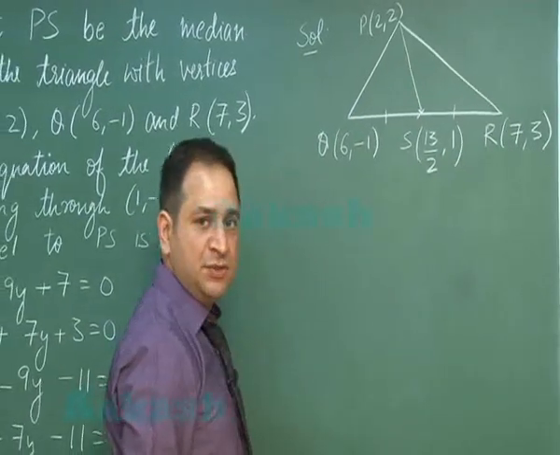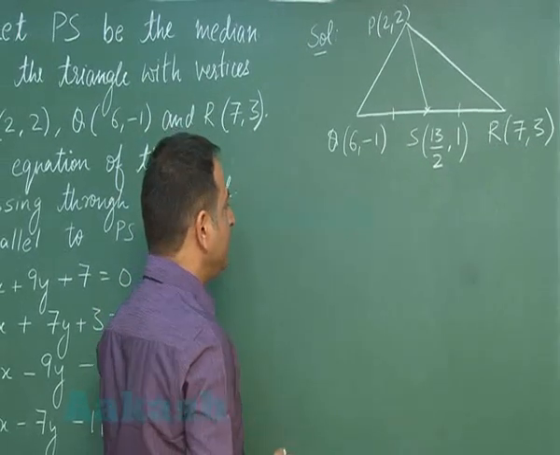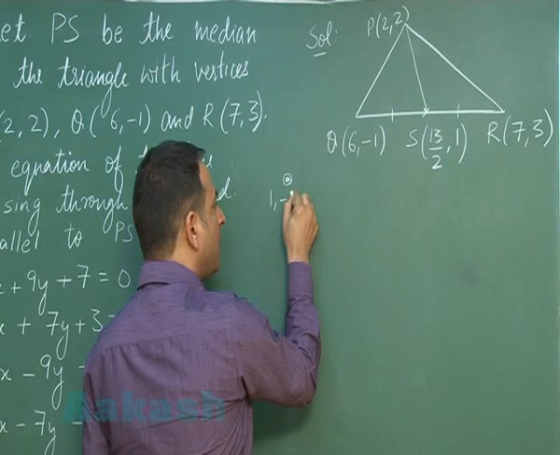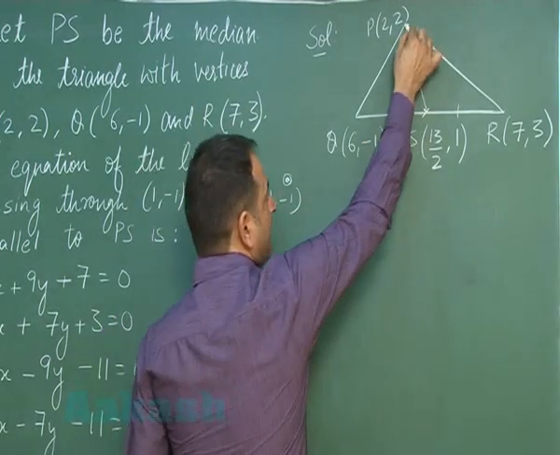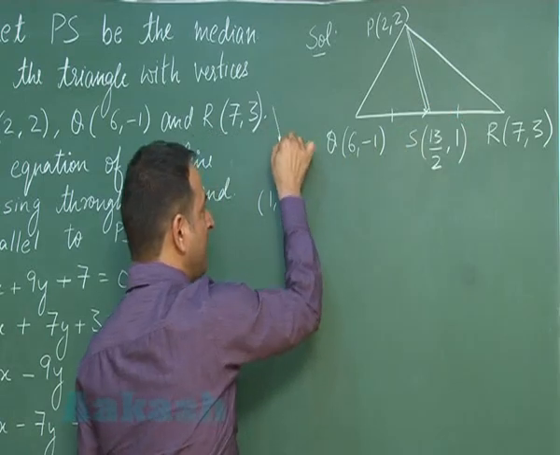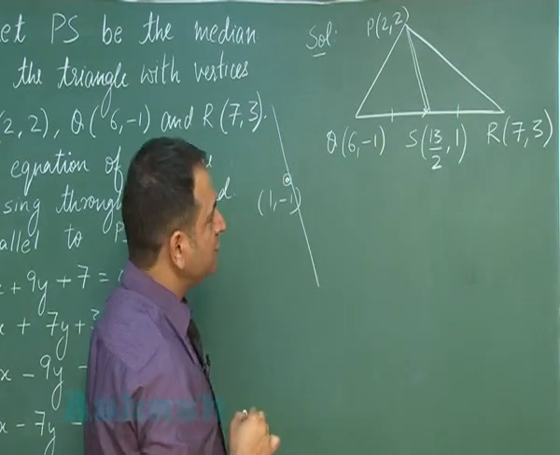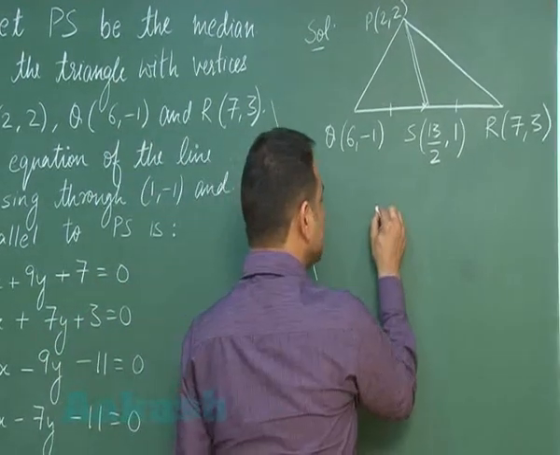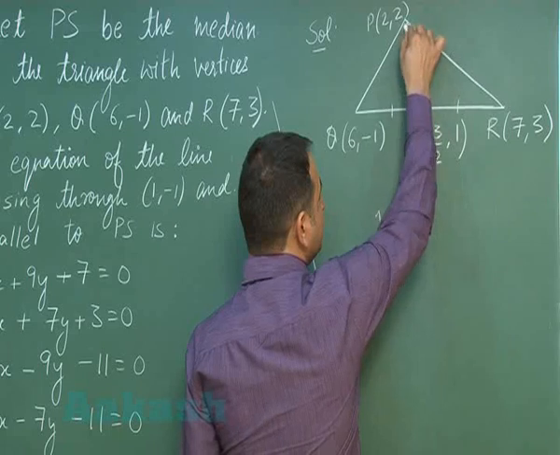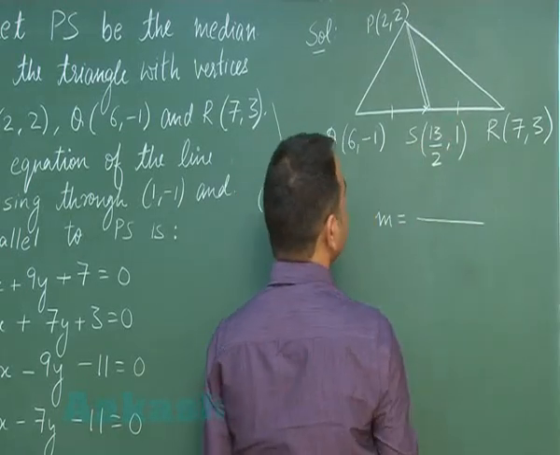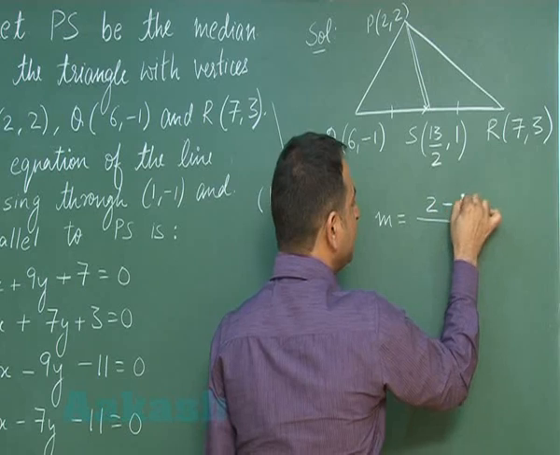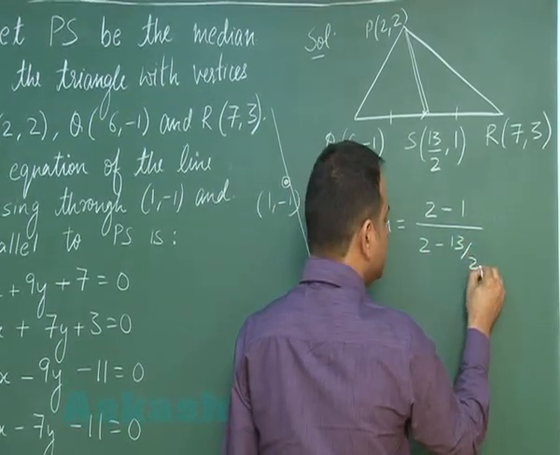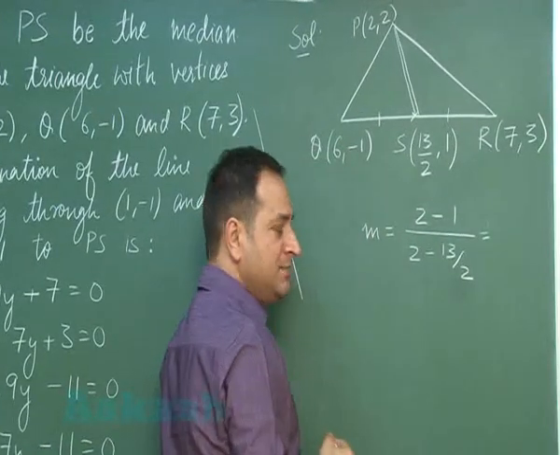Now we have to find out the equation of the line passing through (1, -1) and parallel to PS. It is parallel to PS. So what we have to do here is find out the slope of PS. Now what is the slope of PS? It is equal to (2 minus 1) upon (2 minus 13 by 2). This comes out to be